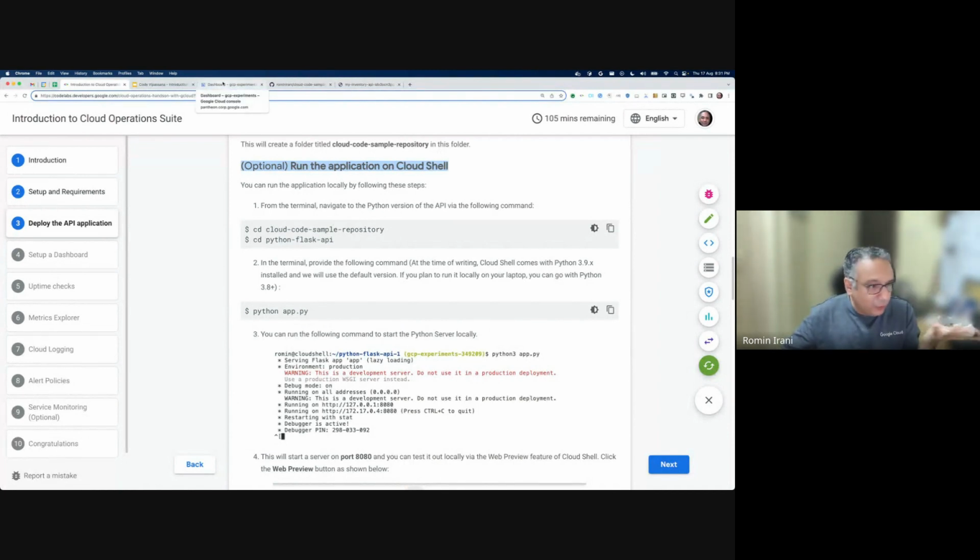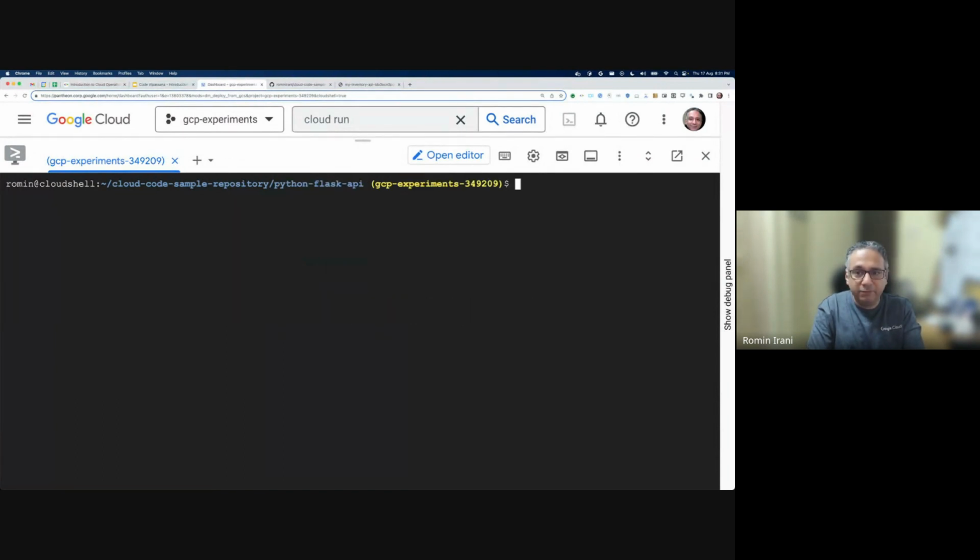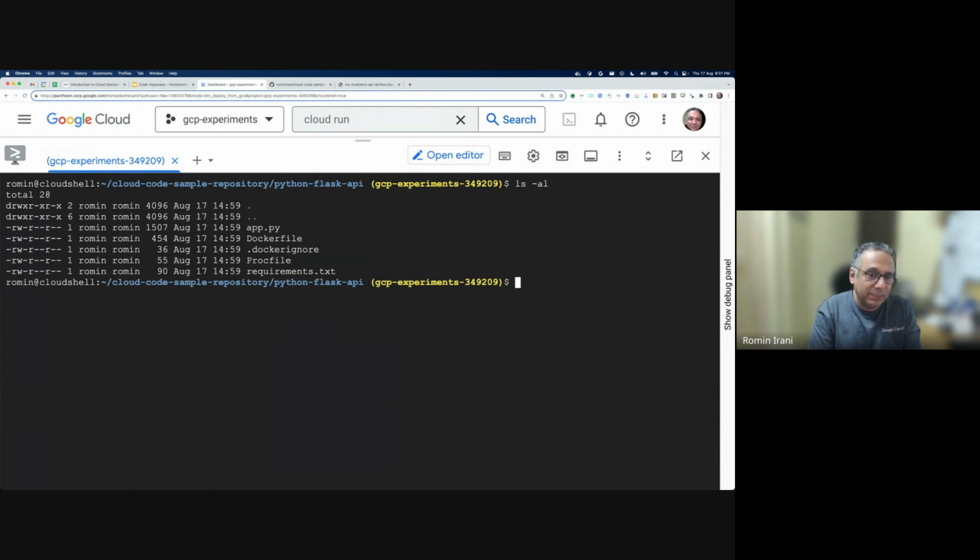You don't have to necessarily do it. If you want to follow with me, that's fine too. So again, remember, we are not deploying this yet on Google Cloud. So I'm in my repository. What are the folders? So I'm just going to go into my Python Flask API folder. Fair enough. And here I see just these three files. Everything is pretty much present in the app.py file. And